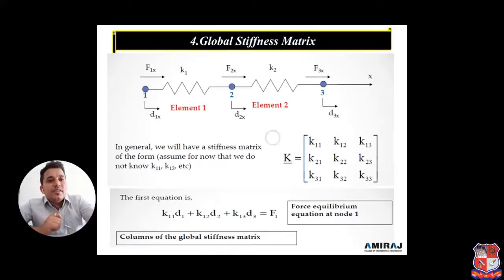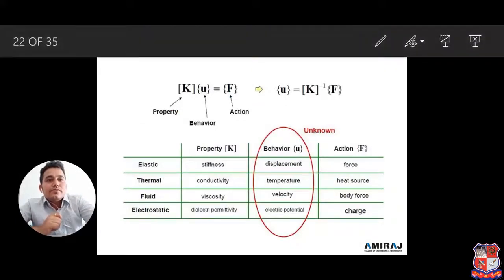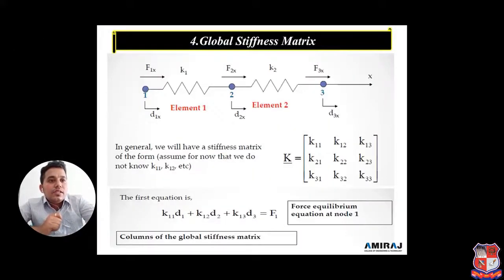Meaning in one system, if we have elements 1 and 2, then displacement 1, displacement 2 and displacement 3, and each has one standard element stiffness matrix, K1 and K2. If we combine K1 and K2, then we get one global stiffness matrix K, meaning K11, K12, K13. This is the matrix arrangement, and as per the first equation, force